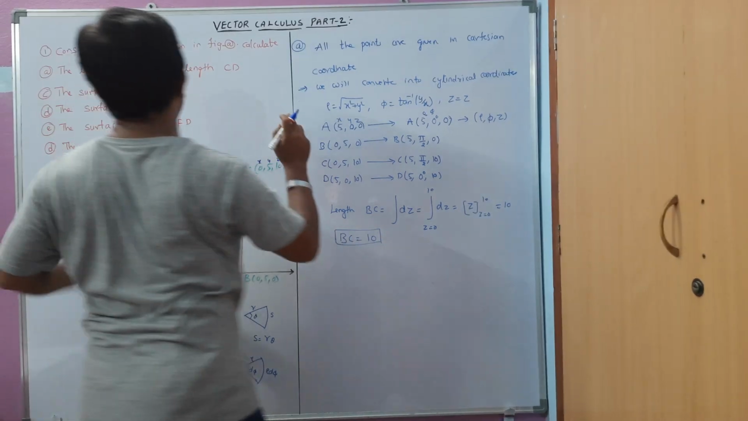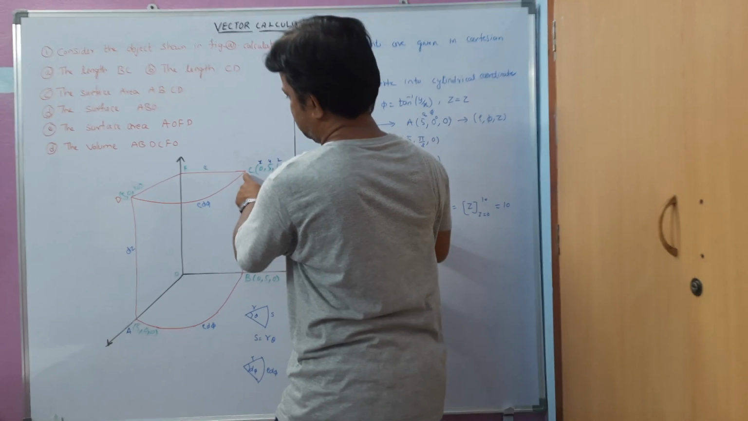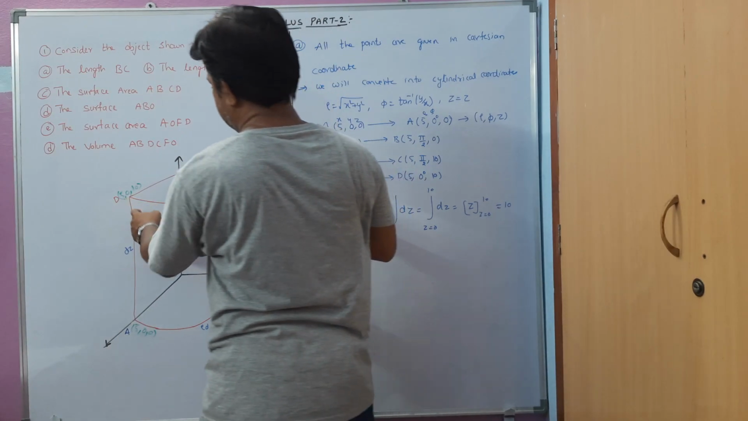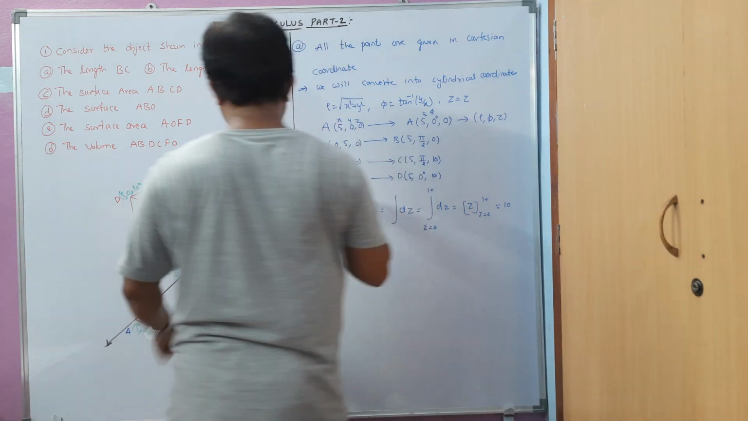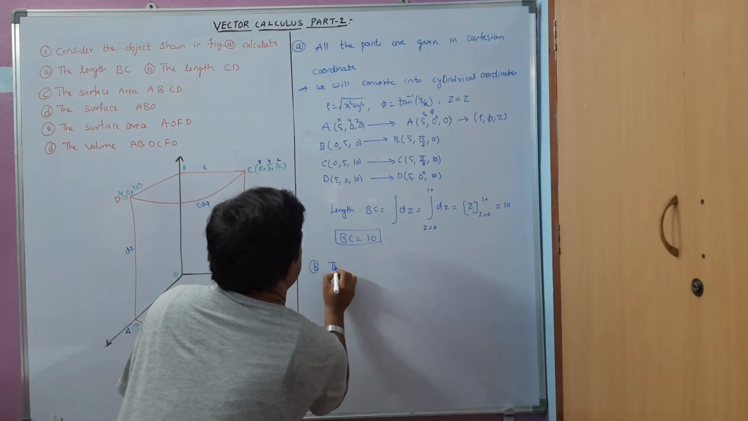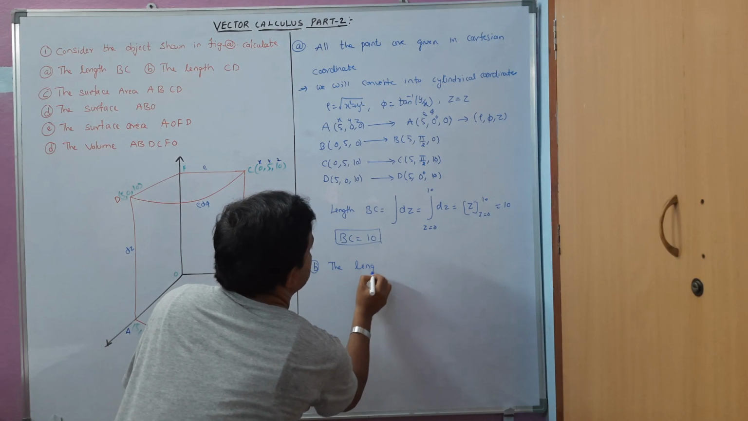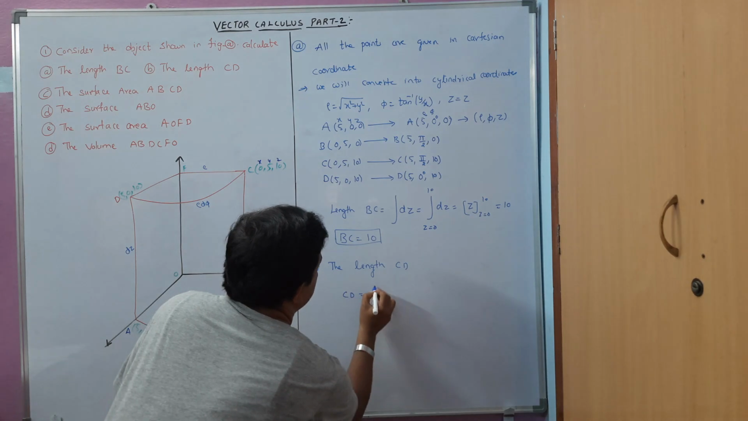Next, let us take the length CD here. It is going to vary from here to here. So for the length CD we have to take rho d phi. So CD is rho d phi. For the B question, the length CD is equal to the integral of